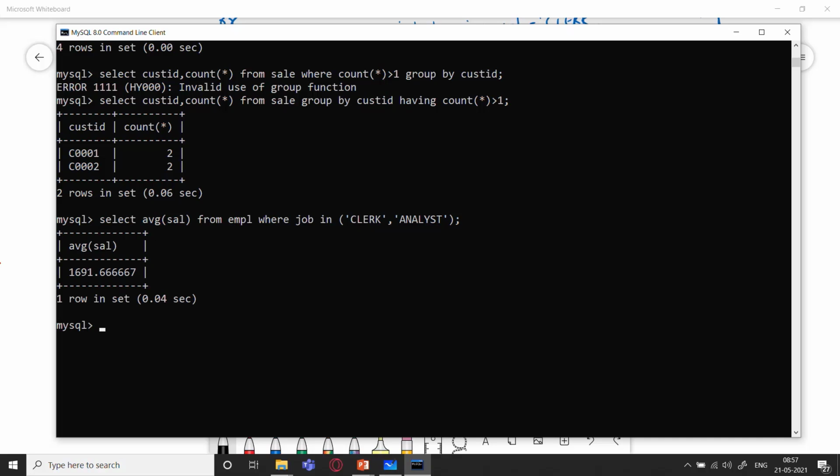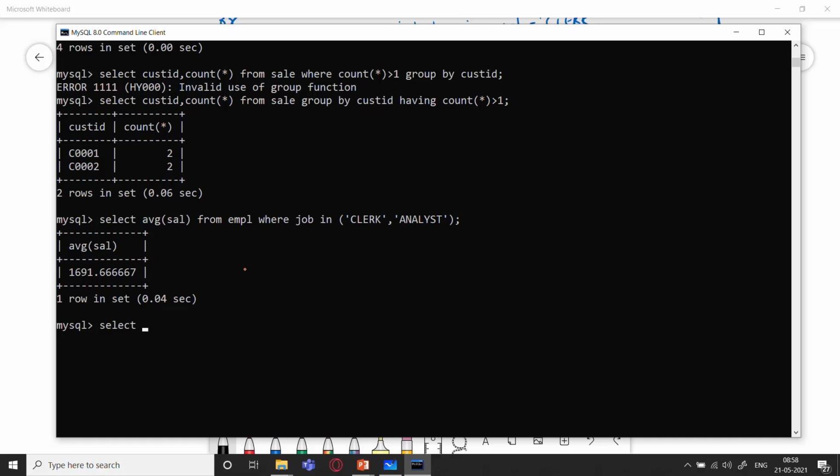So considering this as where grade in E1 or E2. So this shows us a total and the average which works on all those tuples where either the job is clerk or analyst. That is, this is a combined value for clerks and analyst. What about the case where I want the average salary calculated separately for them? In that case, I'll have to use the group by clause.